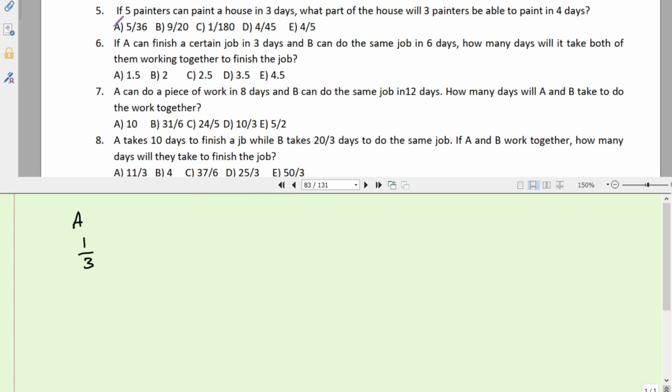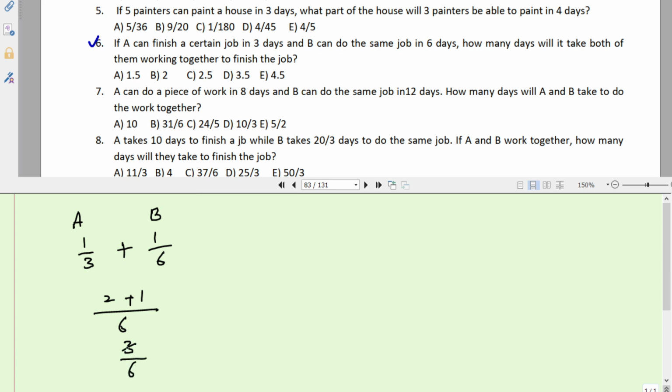means A is working 1/3 of the job per day. And B can do the job in 6 days. It means B is working 1/6 of the job per day. So we need to find out, working together, how much time will they take to finish the job. First see how much work will they be doing per day. A is doing 1/3 per day and B is doing 1/6 per day. So together they will be able to do